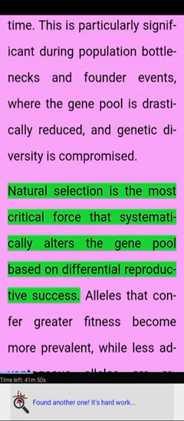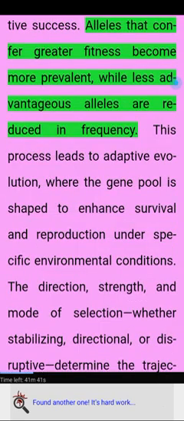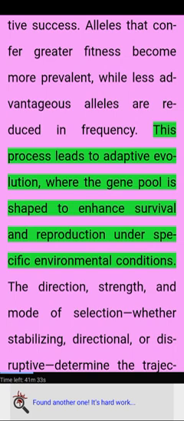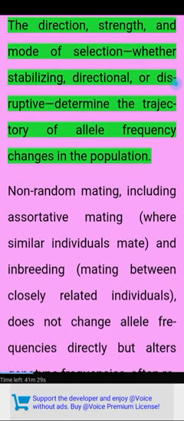Natural selection is the most critical force that systematically alters the gene pool based on differential reproductive success. Alleles that confer greater fitness become more prevalent, while less advantageous alleles are reduced in frequency. This process leads to adaptive evolution, where the gene pool is shaped to enhance survival and reproduction under specific environmental conditions. The direction, strength, and mode of selection, whether stabilizing, directional, or disruptive, determine the trajectory of allele frequency changes